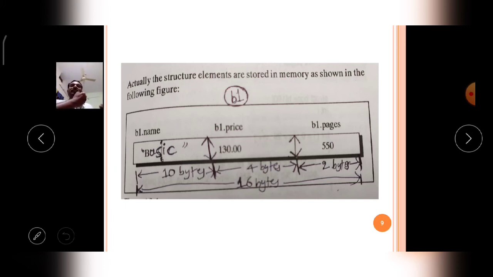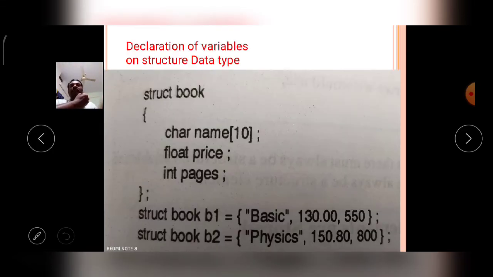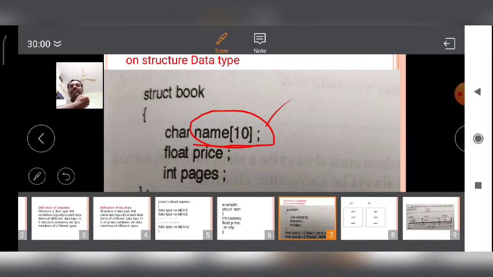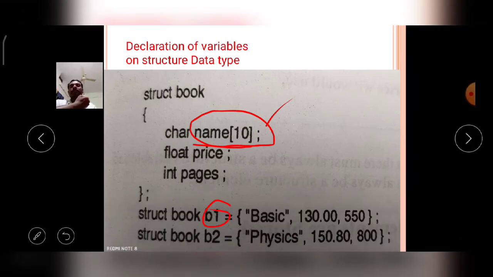How much memory is allocated to a particular struct variable? In the example, the struct variable B1 contains three members. The name is of size 10, which means it is a string, and a string means a character array. A character array contains 1 byte for each character, so the size is 10.